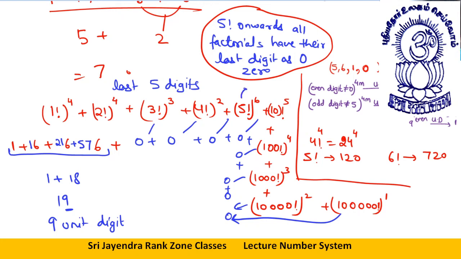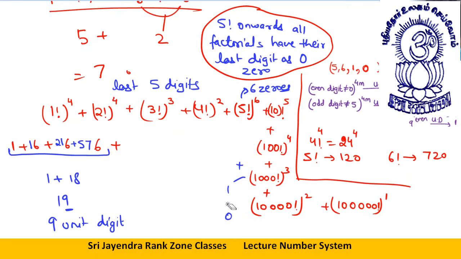This will give you 6 zeros. Okay. If this gives you 6 zeros, now let me rub this. So the thing which I can say is, from here onwards, all the terms will give me more than 5 zeros. This is like 120 raised to power 6, so you will get 6 zeros. 10 factorial contains 2 zeros raised to power 5. It will give you 10 zeros.